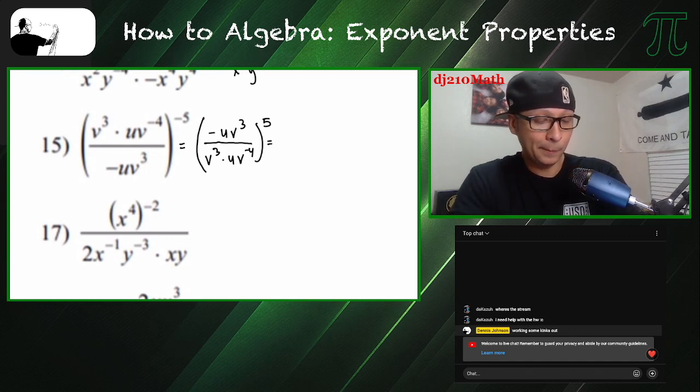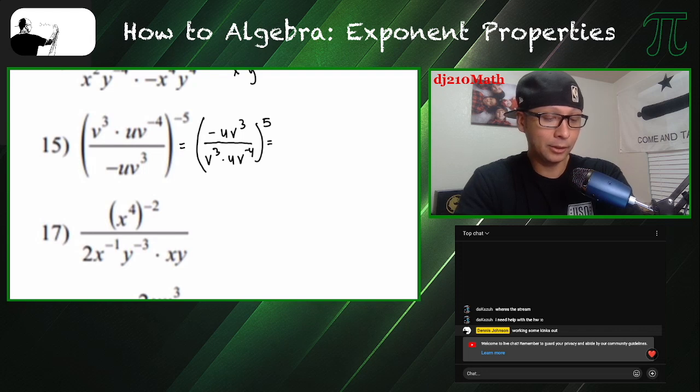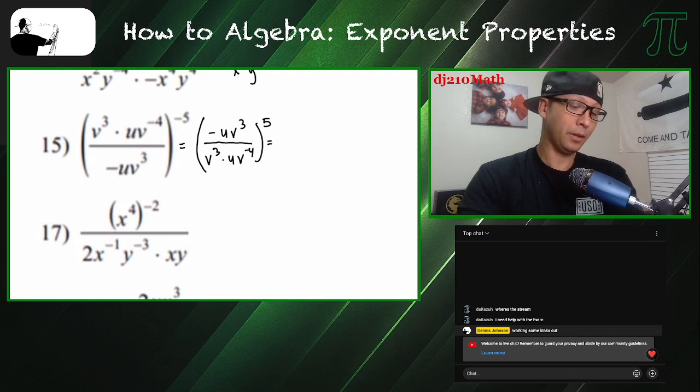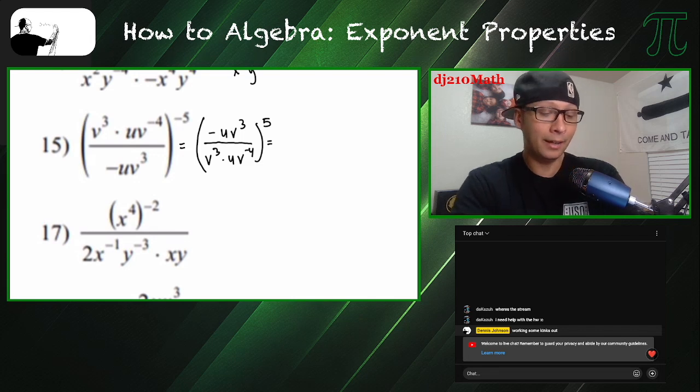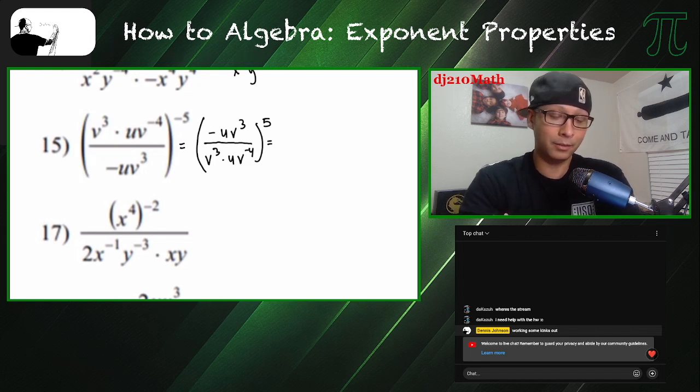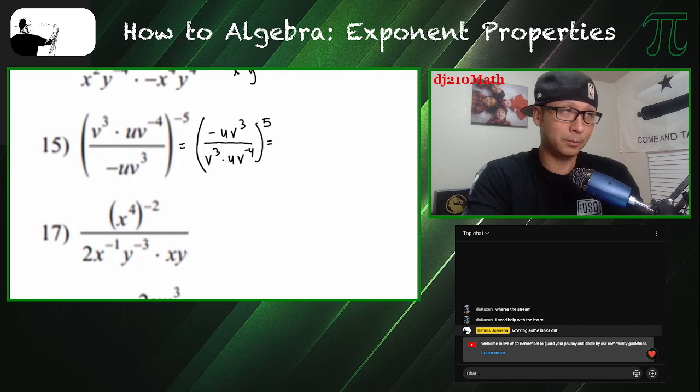All right, I'm going to combine. So I'm going to work inside, right, because there's u's and v's everywhere. So before I start applying the 5, I'm going to start simplifying the best I can. Now, do we have to? No. You could easily apply this 5 and then start simplifying, but I like to keep the number small. So this is going to be,